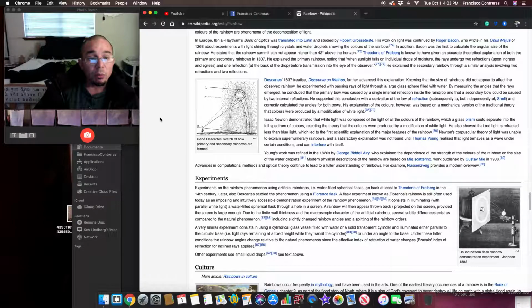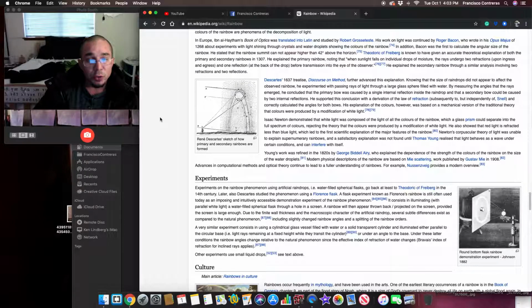Newton's corpuscular theory of light was unable to explain supernumerary rainbows, and a satisfactory explanation was not found until Thomas Young realized that light behaves as a wave under certain conditions and can interfere with itself. Young's work was refined in the